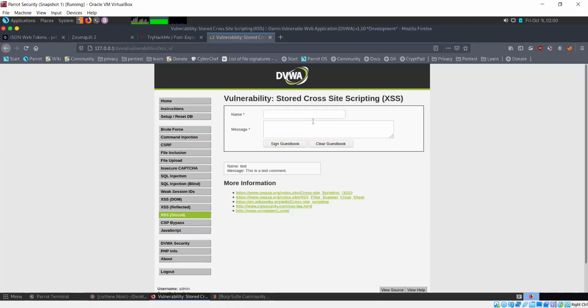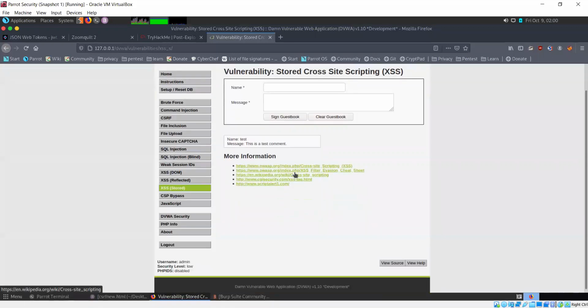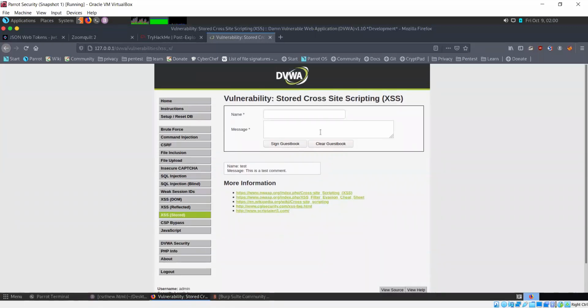Now, in this example that they have given, this is some guest book that you can enter some information into. Say name is test, message is also test. The first thing we need to do is check whether it's working or there's some issue. Okay, so it's working.